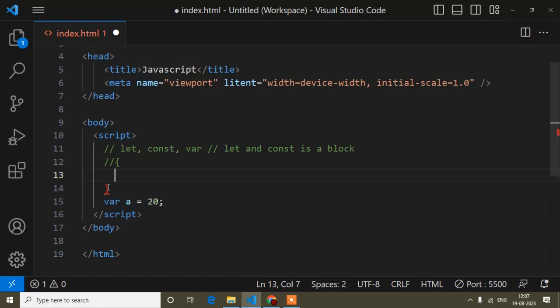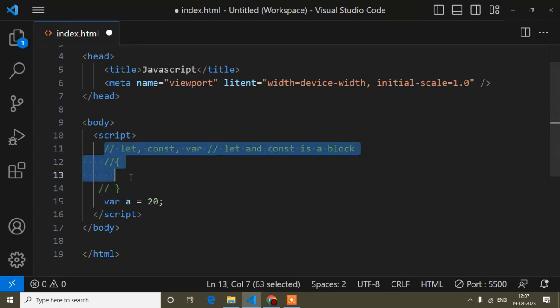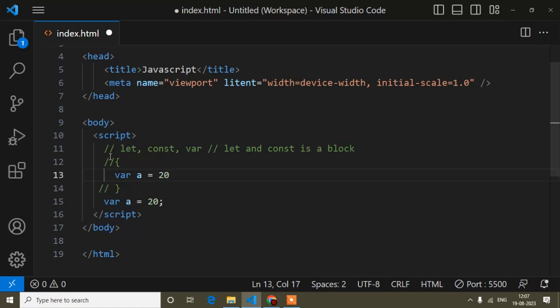Here these are curly braces. Inside these curly braces, whatever you define, and I am writing this for comment purposes, means the browser will not render that code. So that's why I am writing this. The browser will not understand those. Whatever you write inside the curly braces will be blocked. Suppose you define here var a equals 20. Just understand what block level is, then I will show you the example.